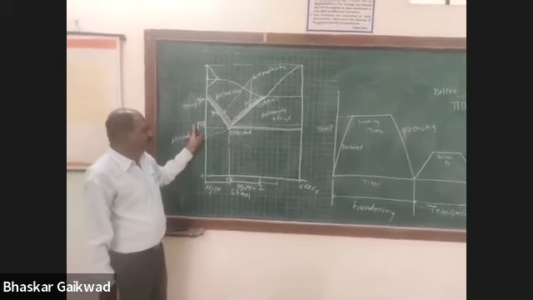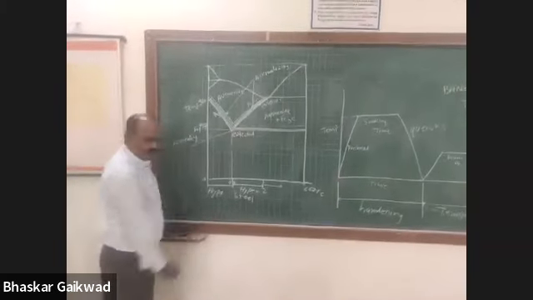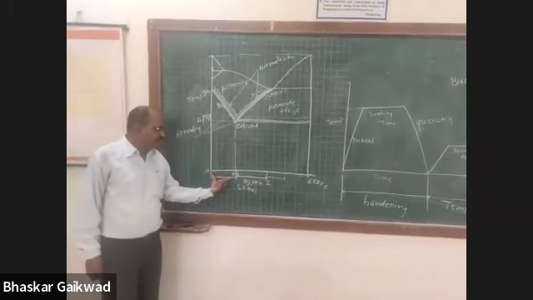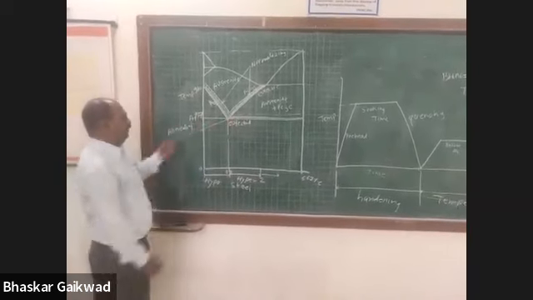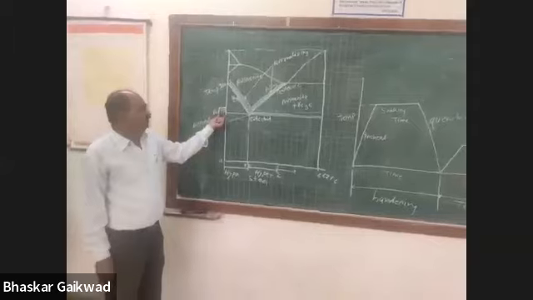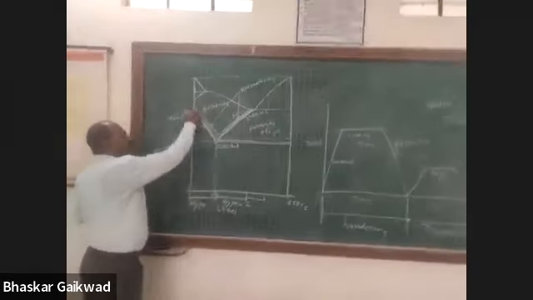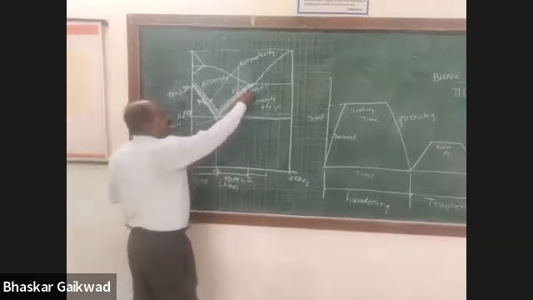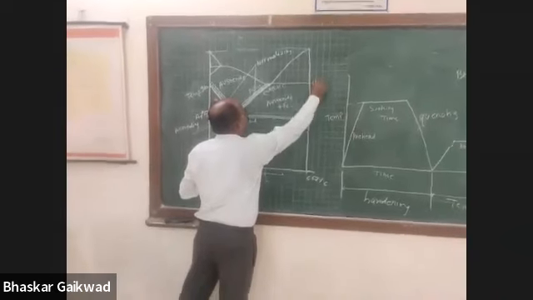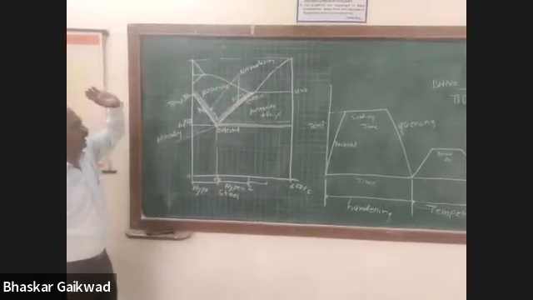Okay. Now our hardening process is related to hypoeutectoid steel. This is the A1 line temperature, having a temperature of 723 degrees. So this is the A1 line temperature, and this is your A3 temperature line. Normal temperature is 910, and here it will be around 1147 degrees for this line as per your iron carbon diagram.